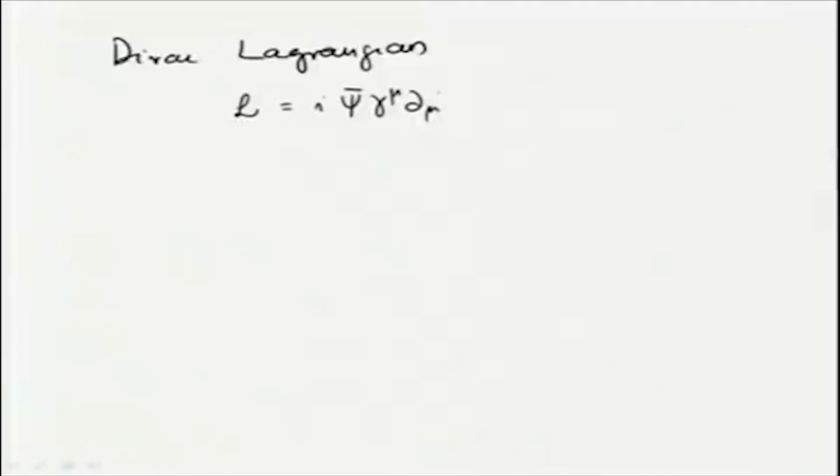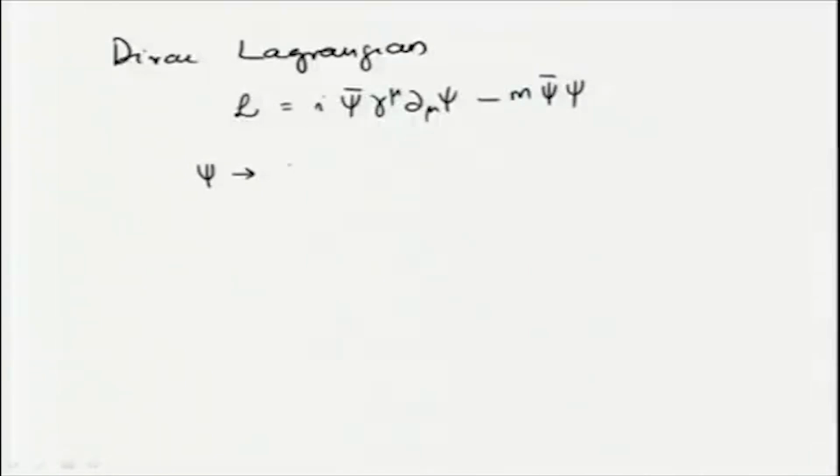Let us consider the Dirac Lagrangian, by which I mean the Lagrangian that will give us the Dirac equation: i psi bar gamma mu dou mu psi minus m psi bar psi. We showed yesterday that this indeed leads to the Dirac equation for the wave function or the field psi. Now, consider a transformation